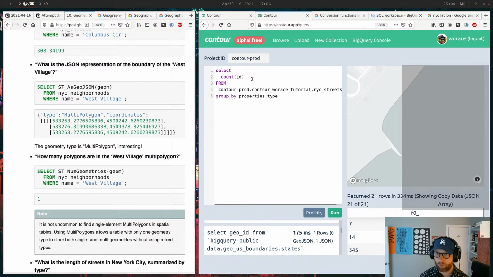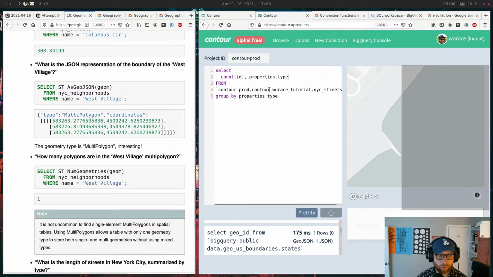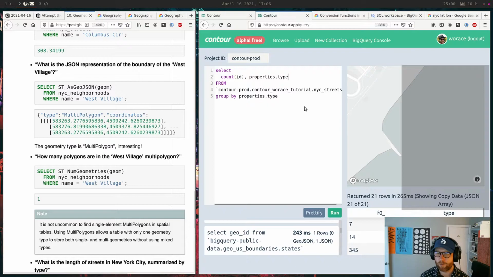Oh wait, whoops, I didn't get the type. Basically, if you just do select count star comma blah, does it still actually scan all the columns or do you get a break on that? Okay, we have 7 steps, a handful of trunks, footways, primary service, a lot of motorways, tertiary and secondary. I assume this probably came out of OSM whenever they generated it, but who knows?